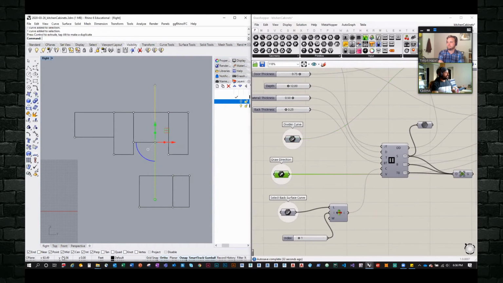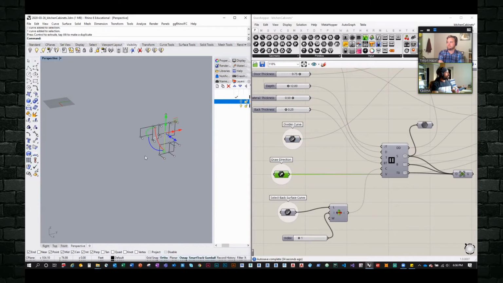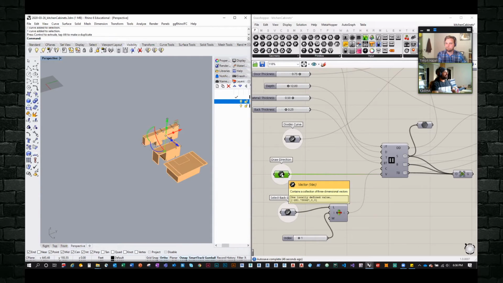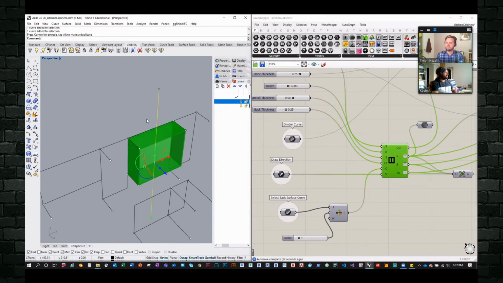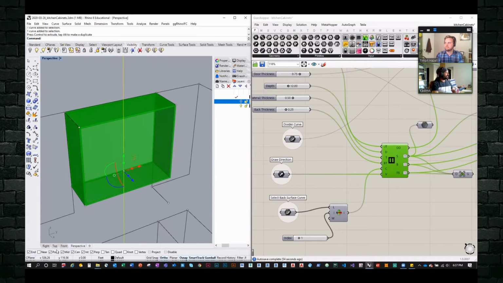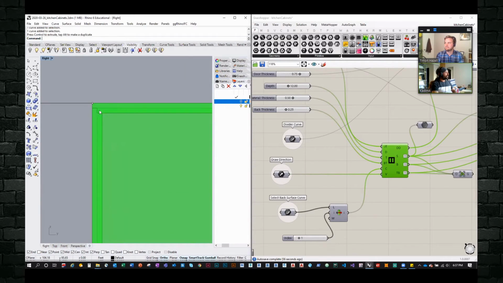And then it's asking you for a direction. So which way is this cabinet facing? From my Revit window, this is my island. This is the face of my cabinet. So the face of my cabinet is pointing that way. So I basically just did a vector that points in -x and plugged it into this cluster. And inside this cluster, what this thing does is that it builds a cabinet, and it builds a fabrication level model with all the joints accounted for.